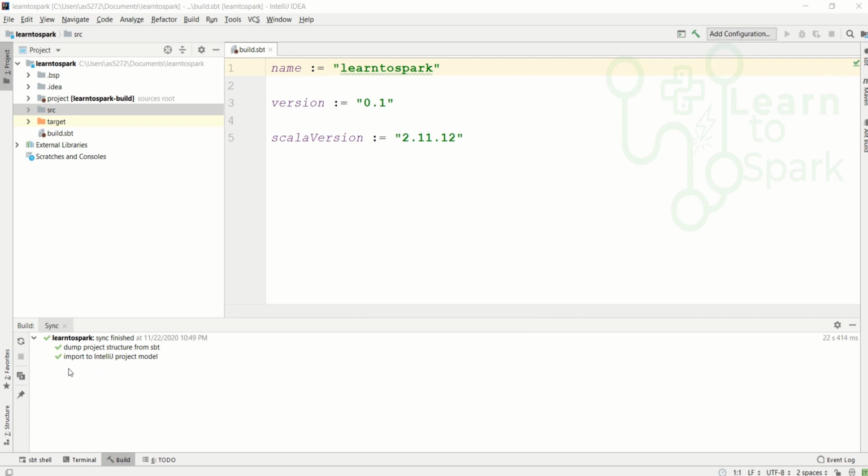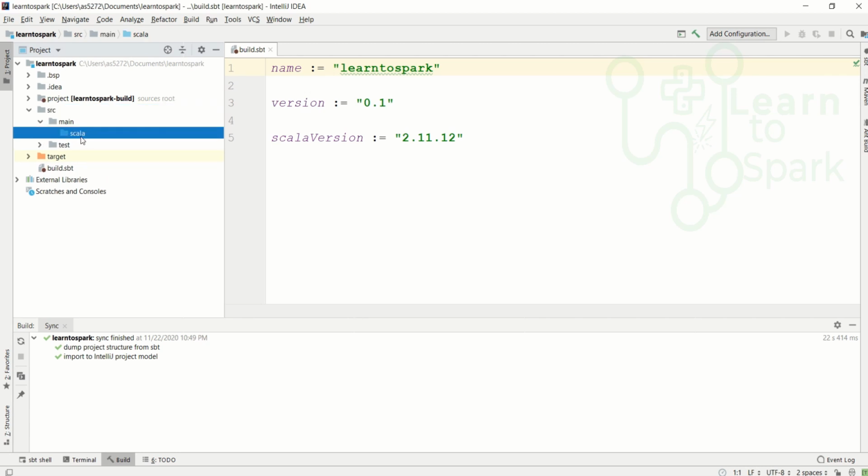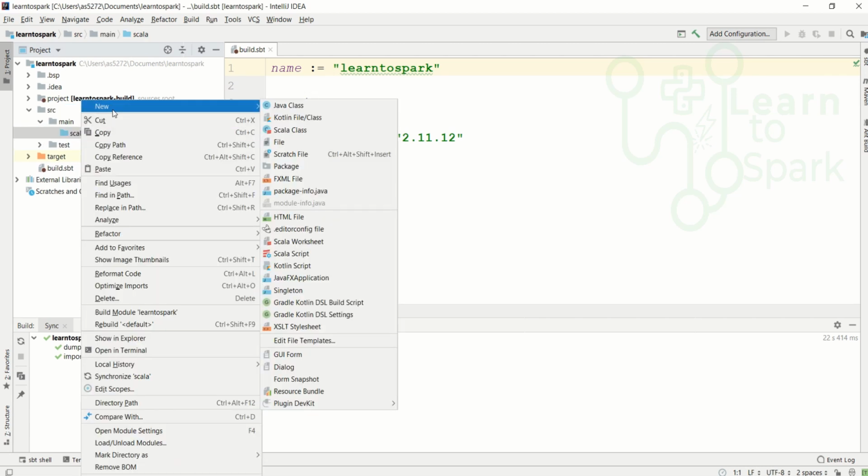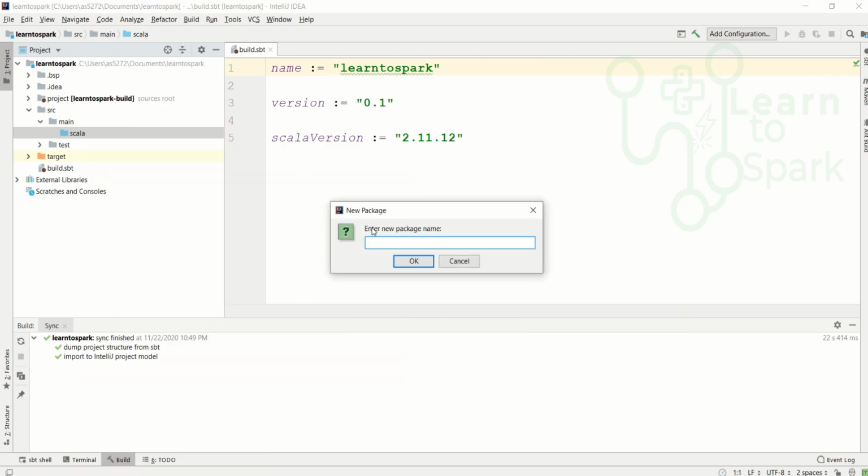So you can find the dump got completed, and in the source directory under src main we have a Scala folder. Under this, let us create a new package which will be a base package for our upcoming videos as well. So the common structure that we are going to follow is com.learnspark.demo. I have given it in such a way and I am giving OK.